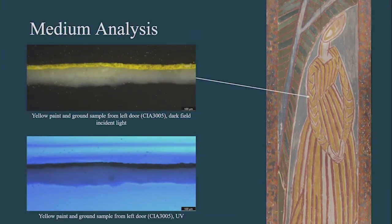The first step was to do a staining test, which would reveal or rule out the presence of oil or protein. We thought maybe protein would be present, considering the paint looked like distemper, which is basically made up of animal glue, chalk, pigment and water. This test involved taking a small paint sample, which we took from the yellow dress near a damage, and mounted